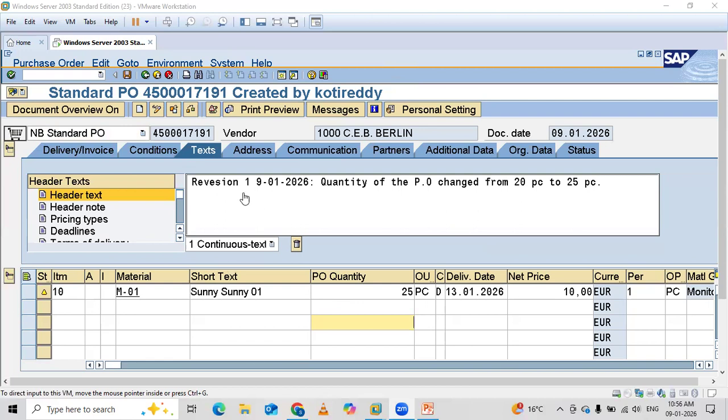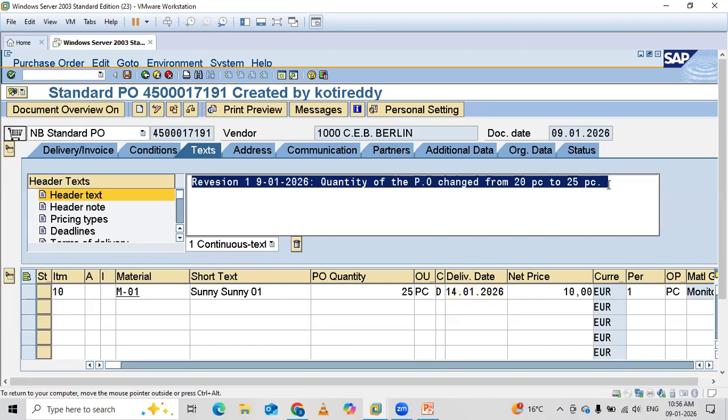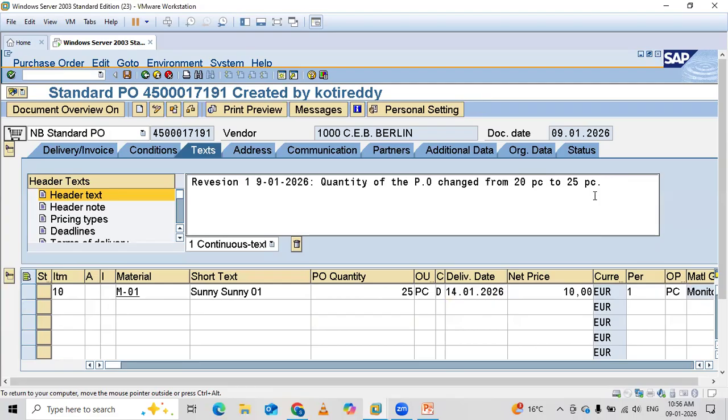When you are sending the revision, you just mention it here: revision number one, date, quantity of the PO changed, quantity of the PO L10 changed from 20 pieces to 25 pieces, or any changes you have made, you can mention here. Sometimes it is the date you changed, instead of quantity, the date changed to 14. Again you can mention it here.